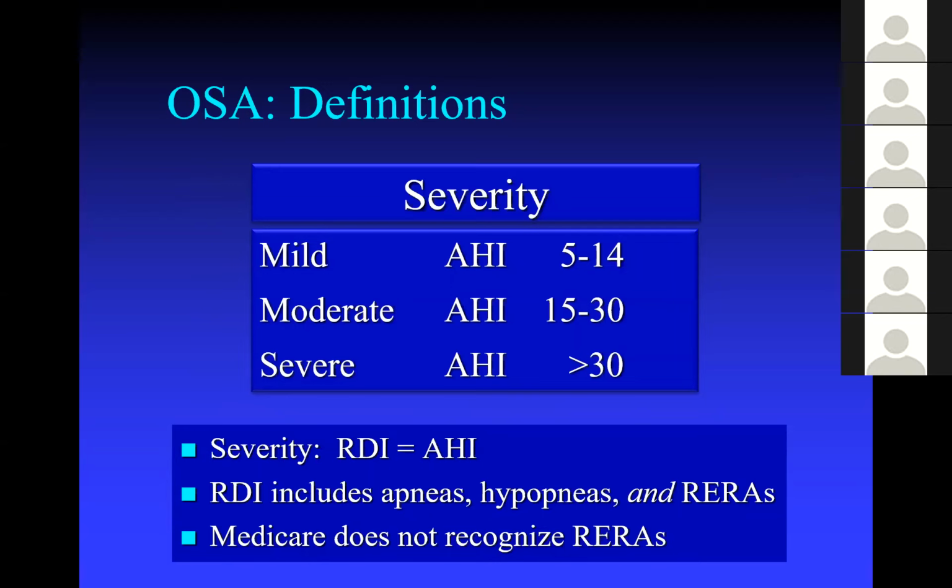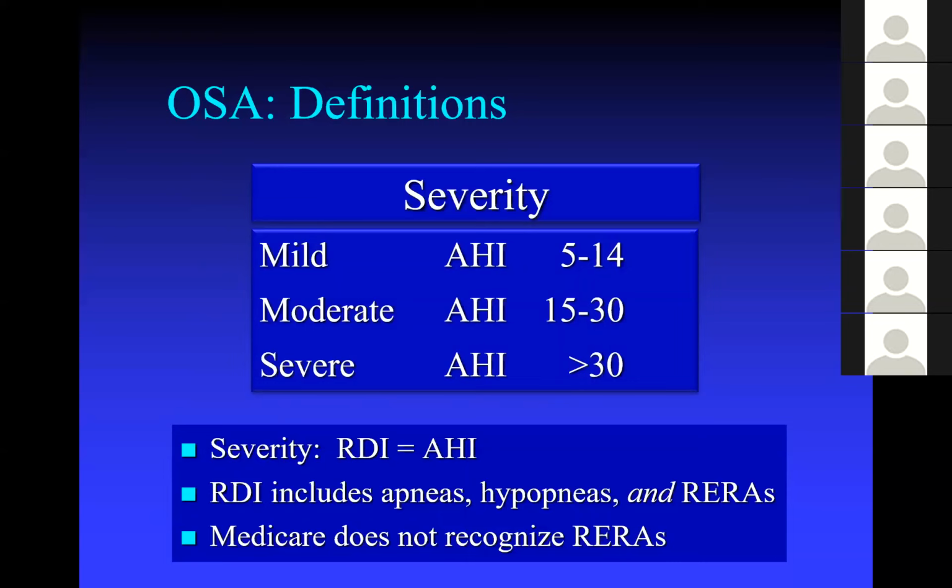Arbitrarily, it was divided into mild, moderate, and severe. So below 5 obstructive events per hour, you're in the normal range. 5 to 14 is called mild, and then 15 to 30 is moderate, and severe is greater than 30. Now, some of these